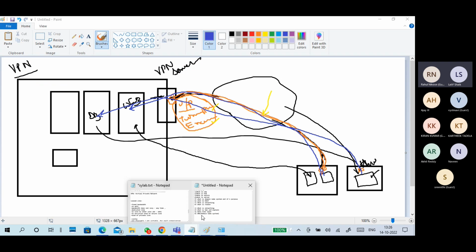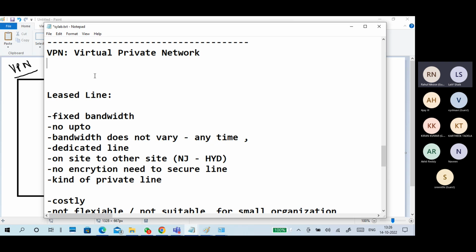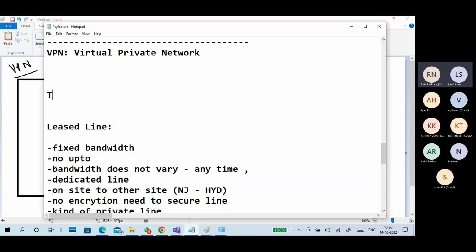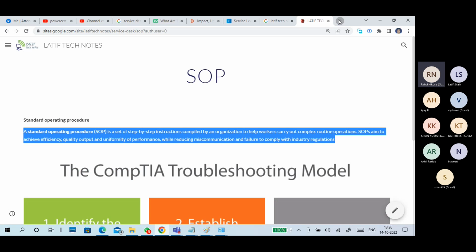So the point is only some points like tunneling protocols. Not turn, not ton, tunnels. I will show you that.